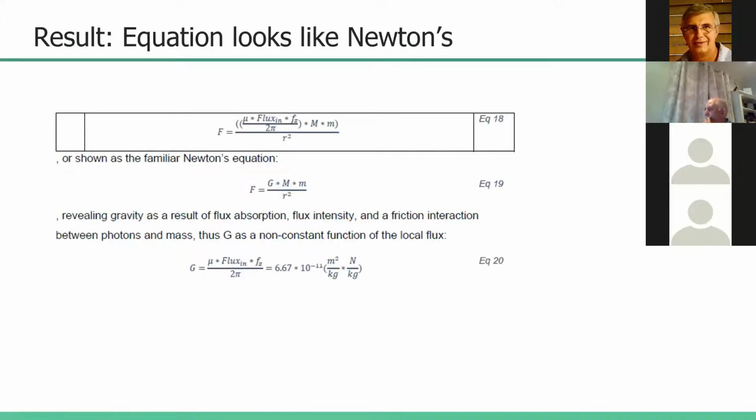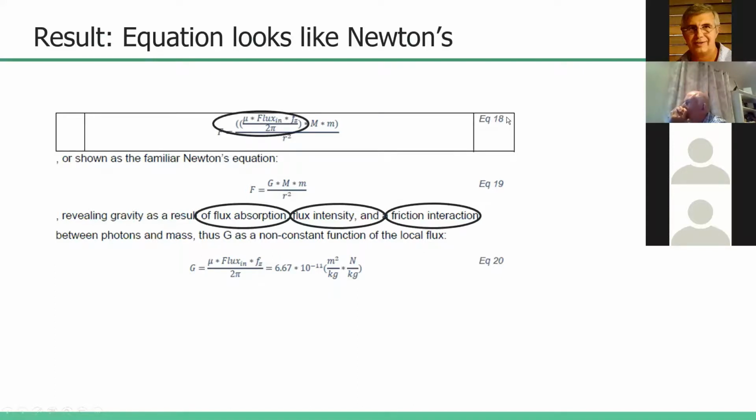From what we've done so far, an equation is derived. So here, this is not correct. This is actually equation 56 in the actual paper. So there's a lot of preceding work that happens before this. But what I want you to see here is that we have F equals this number times m over r squared. This was not just derived ad hoc. It is done step by step and in much detail in the paper. I do beg anyone possible to go and verify that and engage with me if possible.